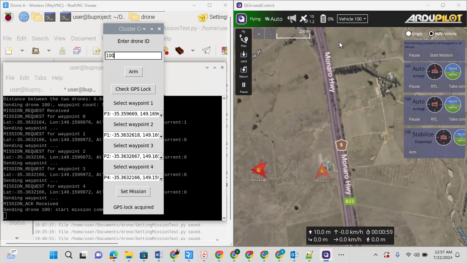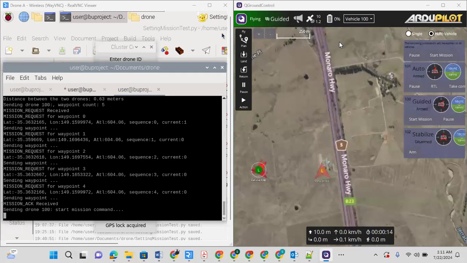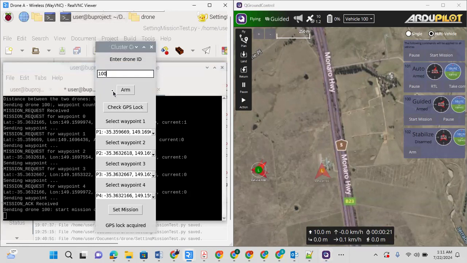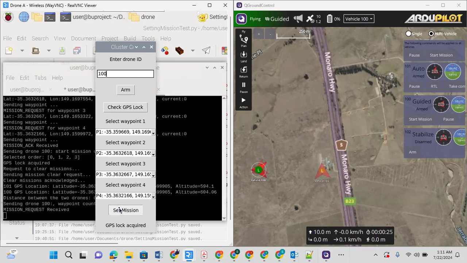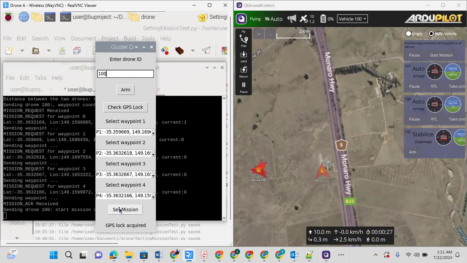Let's try to troubleshoot. Okay, let's try this again. Vehicle 100 auto flight mode. Okay, now it got the command and moving to